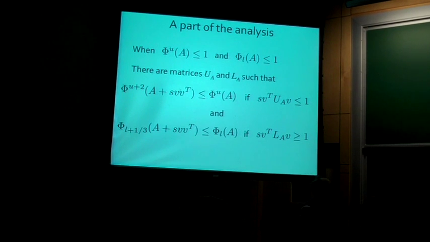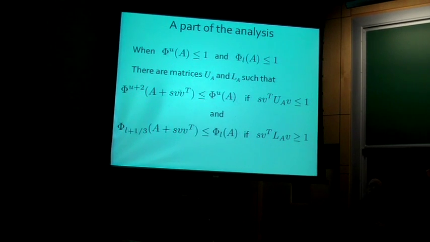And the reason is, the upper eigenvalues you don't want to push too much on. Actually, the upper potential function would be happiest if you add nothing. And the lower potential function would be happiest if you add a lot. It pushes the eigenvalues far from the boundary. So we need to prove 2 bounds like this.